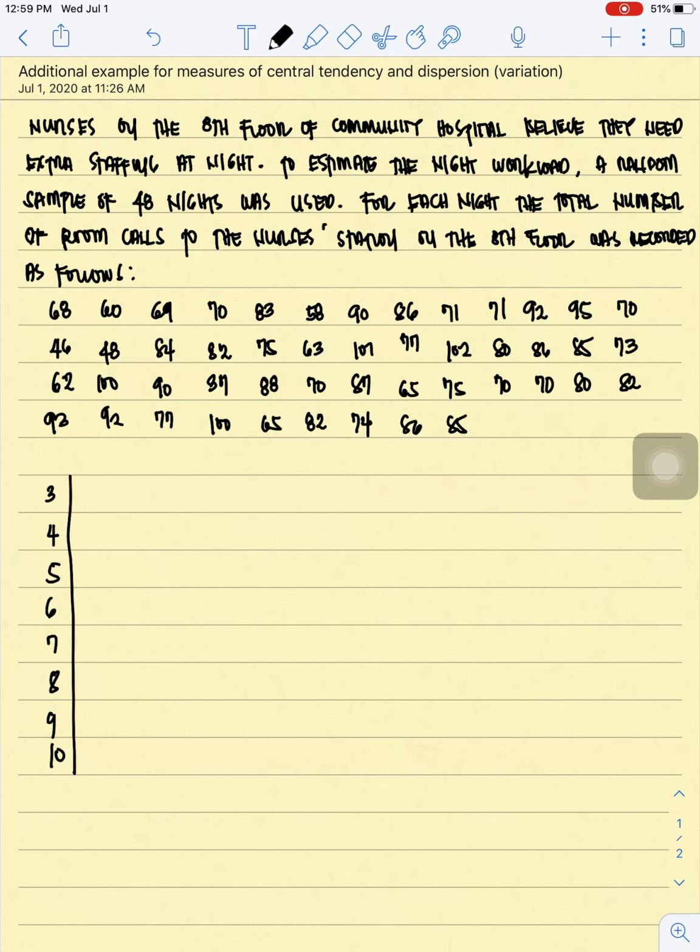This will be our stem. So for 68, we have there 68, then 46, 62, 93, then 60, 48, 100, 92, 69, 84, 90,